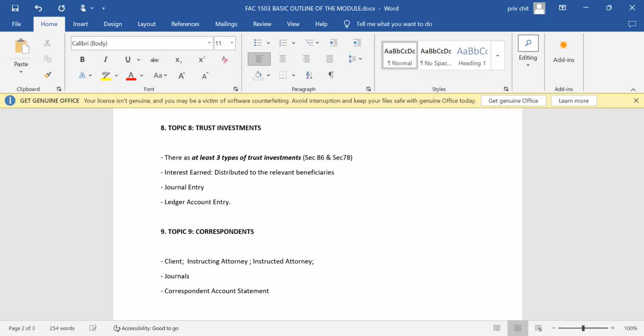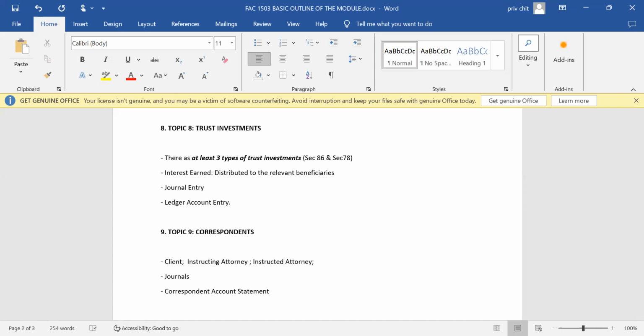Let me give you a practical scenario. Where correspondency comes into the picture is a scenario whereby you have your attorney practice in Pretoria, and a client approaches you in Pretoria, but with regard to a service or a case that needs to be performed in Durban.